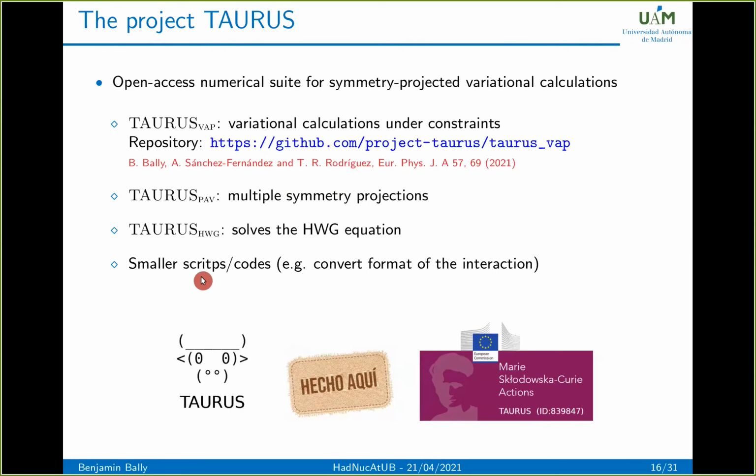In addition to that, we also provide some smaller scripts and codes, for example, to convert the interaction into a format that can be read by Taurus. For example, we added a script to convert from the format of Bocca d'Orata, which is another ab initio code of Carlo Barbieri, that is also public, and to convert from this format to the one we use, because it's something that is important when you want to use interactions. Usually everybody has their own format, and it can be a pain in the ass to get